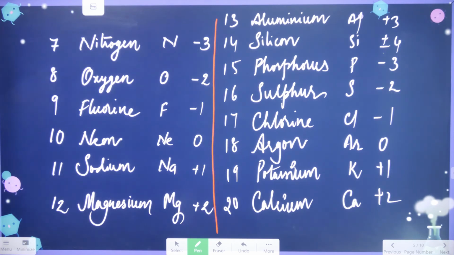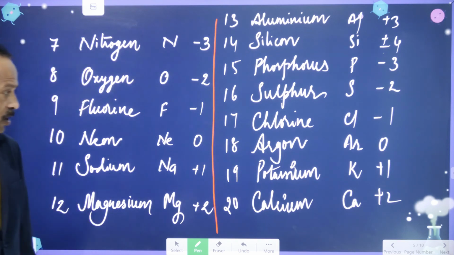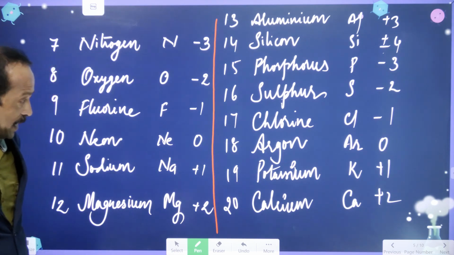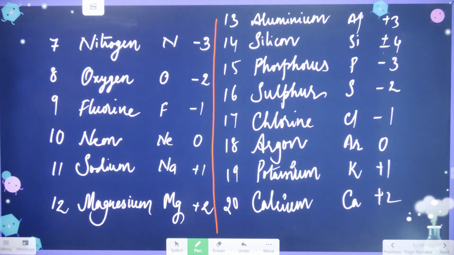So okay students, for today you write all this without mistakes, and you have to learn all this. How to frame the formulas and how to make the compounds, this I am going to explain in the next class. Along with that, I will give some other important elements and some polyatomic ions to make compounds. After that, we start the actual topics of our lesson.